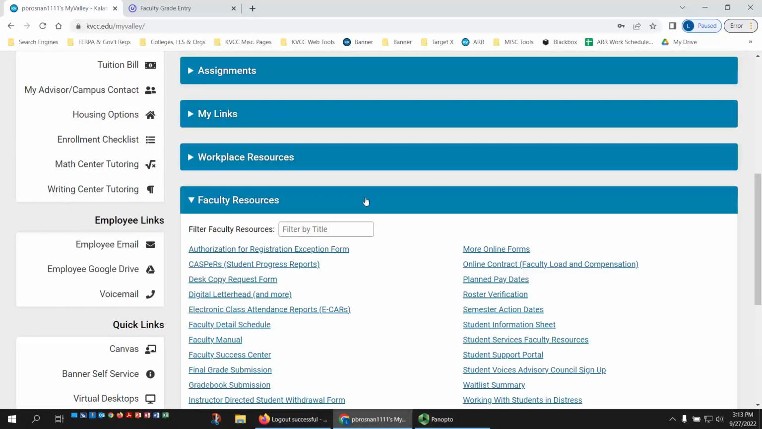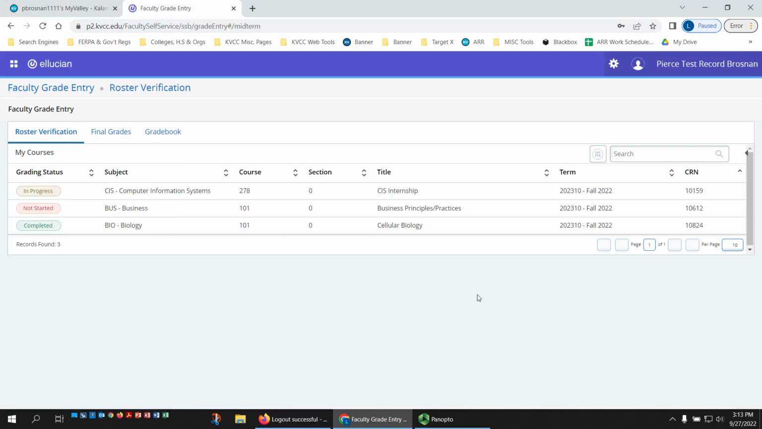When reporting class attendance, you will first log into My Valley and scroll down to the Faculty Resources section. Then locate Roster Verification on the list and click that link. This will open the Roster Verification tool, and you will want to make sure that you are on the Roster